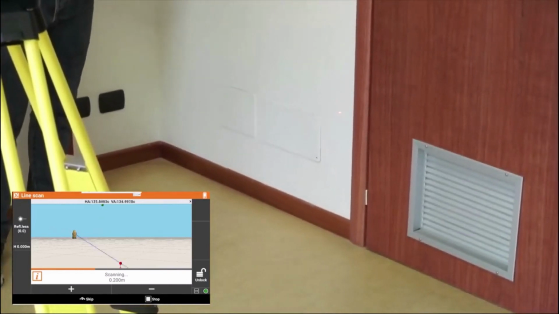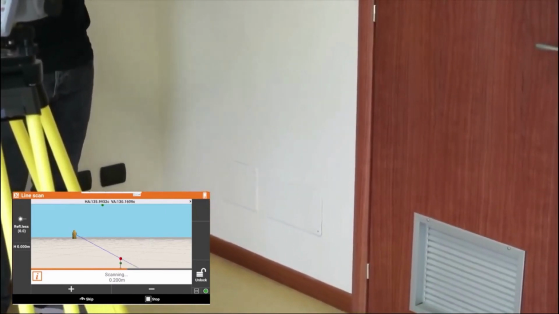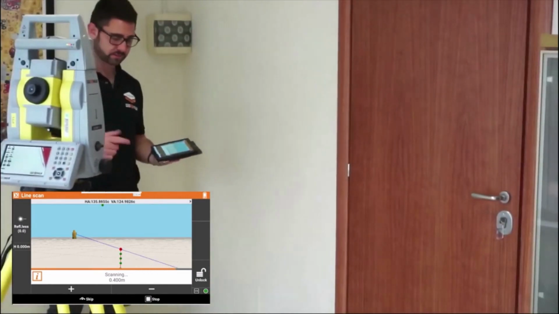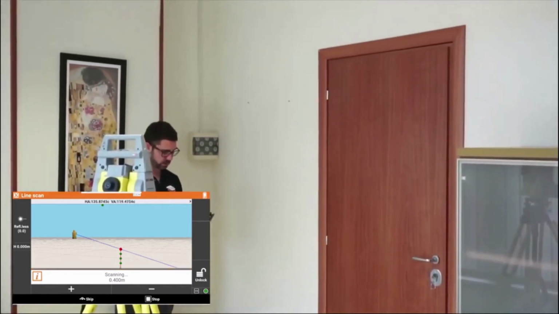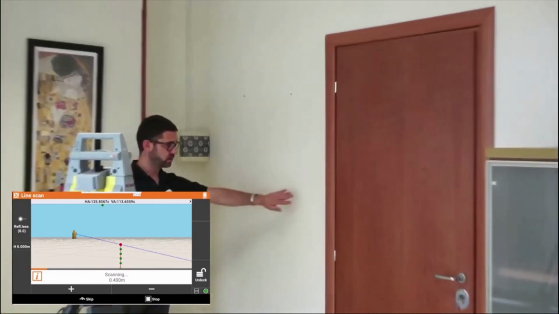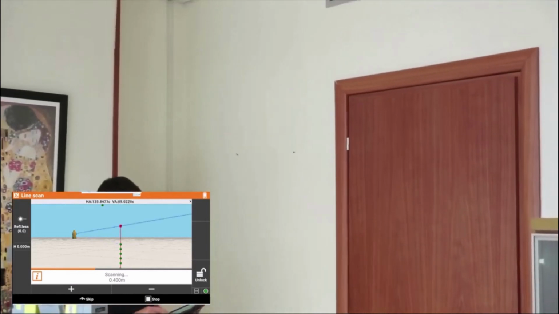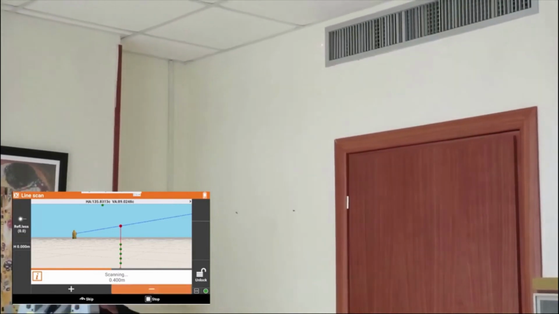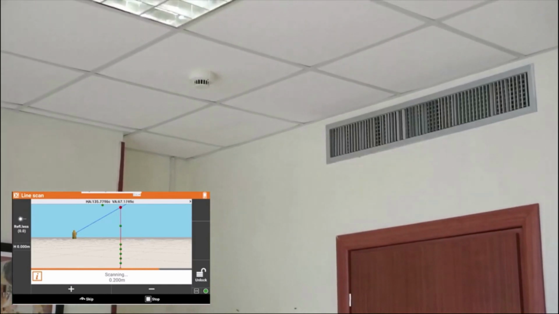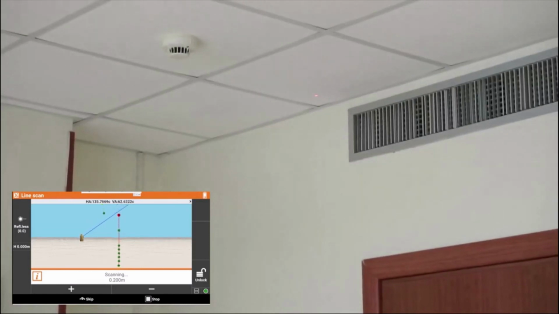So now we set up the starting point and the last point, and automatically the TPS will start to rotate and to measure the points on the line with the same distance between the points. Of course, also here we can select plus, increase the scanning distance. We can select skip in case we have some obstacle in between. Let's skip a little bit. We can reduce also the scanning distance, and again the TPS will move to a different plane, measure also here the different plane,